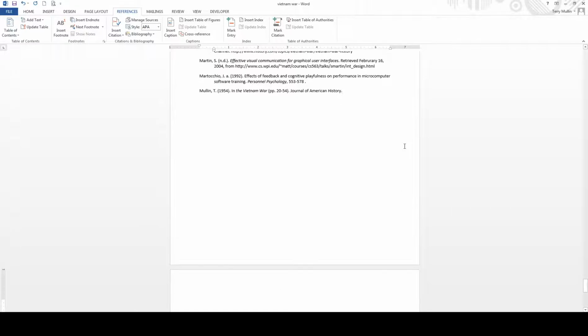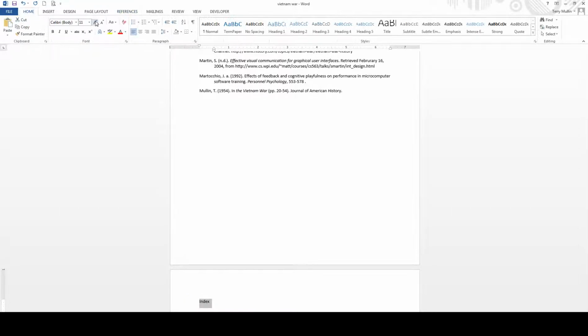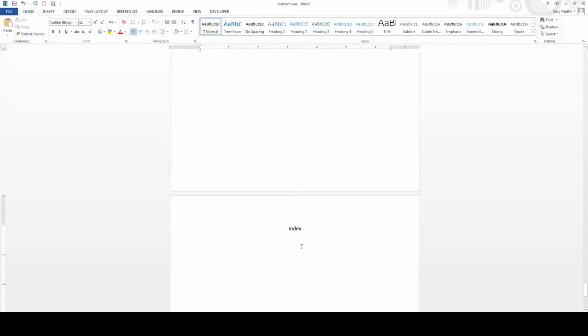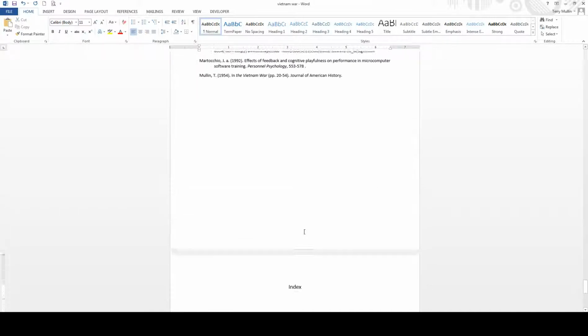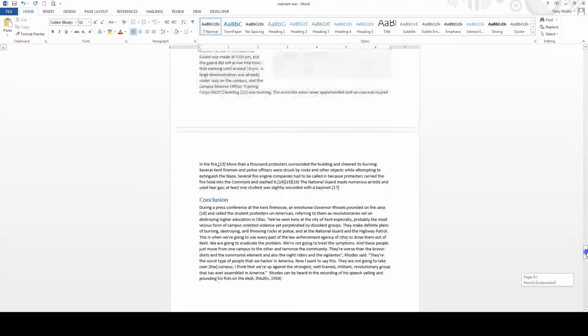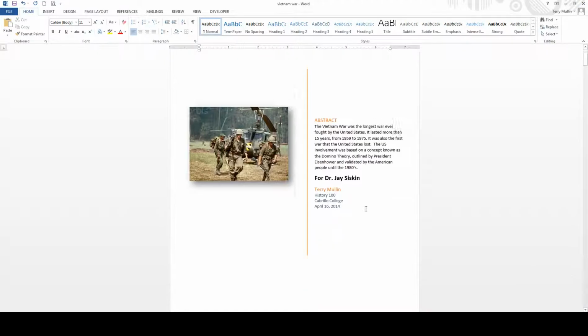So again, I'm going to hit Control Enter and type in index, enter. With this index, I'll bump that up a little bit and center it. And now I want to put in an index. And here's how an index works. If we go all the way up to the beginning of our article,